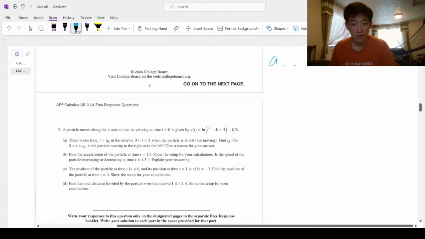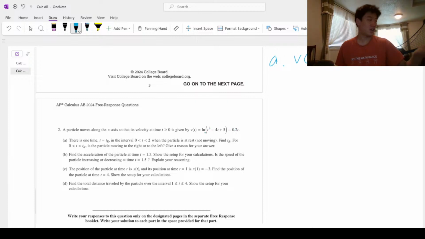So part A, it's at rest when v of t equals 0. So v of t, well, you're putting this in your calculator. This thing would go in your calculator, and then I'll find the answer. I'll give you an answer just to give you an answer. But yeah, you're putting this in the calculator. Natural log, where even is that button? Okay. x squared minus 4x